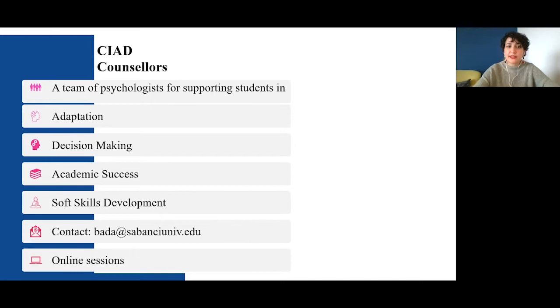You can always contact us through this generic email address to schedule an online session. For the time being, we still have only online sessions because our rooms are very small and we don't want to risk you guys and our health as well. So even though some days we are on campus, you can find our offices on the first floor of the University Center building on top of the bank. But all of us are not there at the same time. We come in turns,